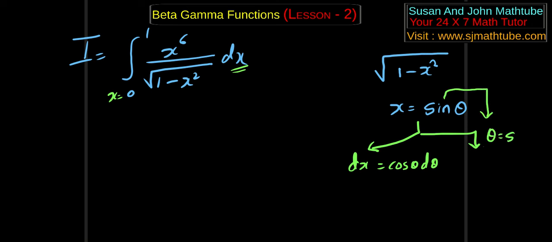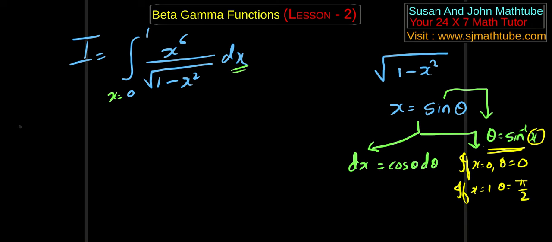Theta is sine inverse x. And if x equal to 0, theta will be sine inverse 0, that is 0. If x equal to the upper limit, that is 1, theta will be sine inverse 1, that is pi by 2. So we end up with I equal to integral theta varies from 0 to pi by 2 x power